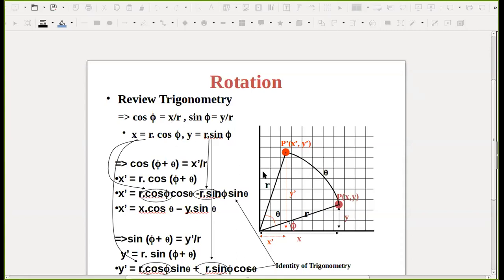So we have seen all this calculation, and we are rotating in the anti-clockwise direction. But if you rotate in the clockwise direction, then you have to use the angle as minus theta. So whenever you rotate anti-clockwise, always remember to use plus. If you are rotating theta in the clockwise direction, then it will be minus. So use minus theta in case of clockwise direction.